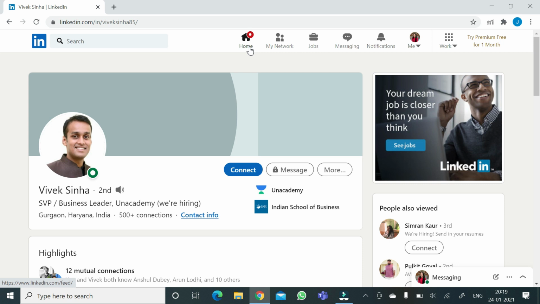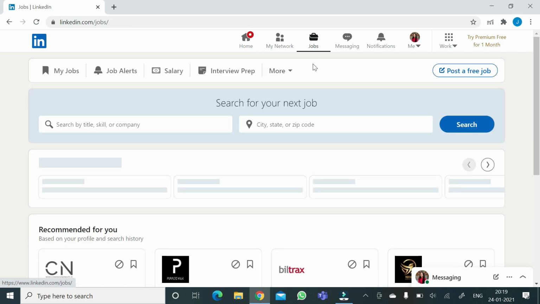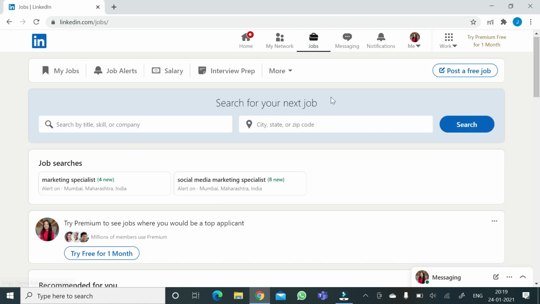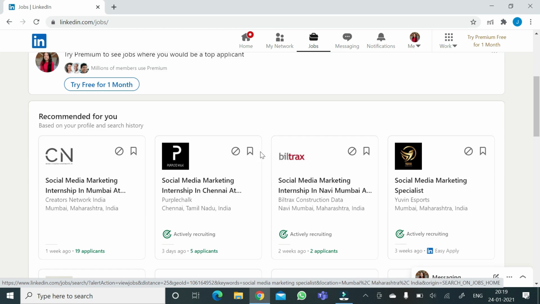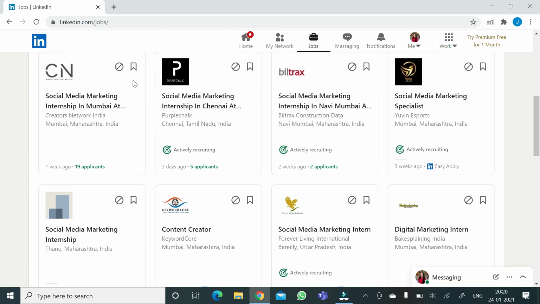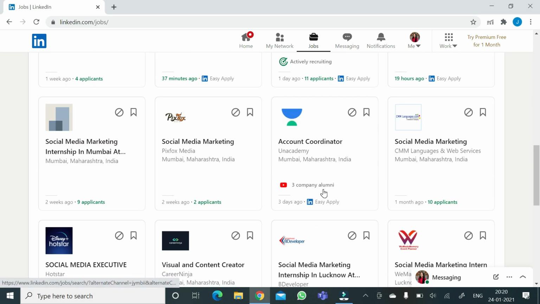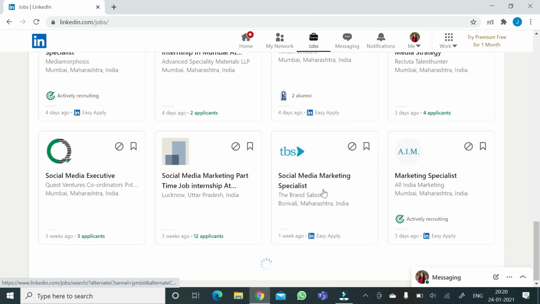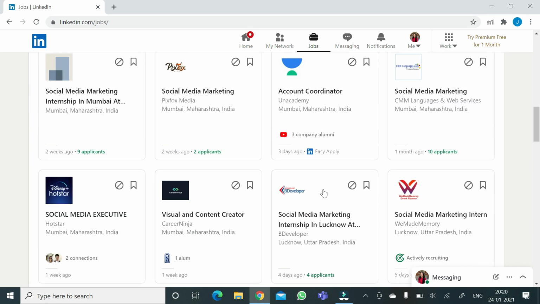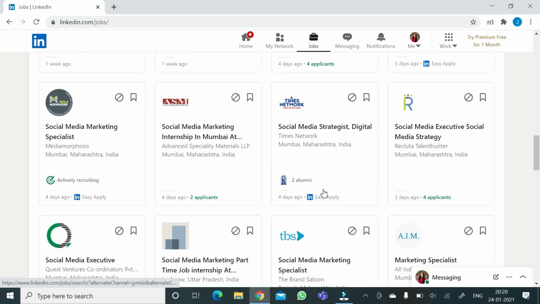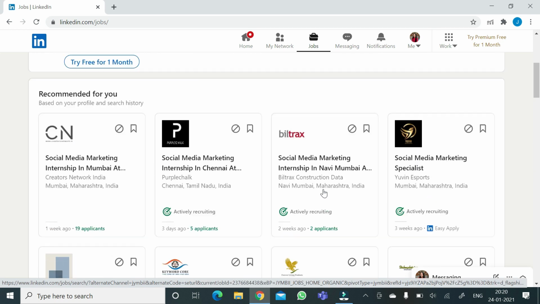There's another option that is incoming. So you get these jobs listed over here in this job portal. Like my searches and my niche is marketing, so social media marketing. So I have got all these internships and job recommendations from different companies over here. So I can apply in any of these or whichever is suitable according to my time and location. So this is incoming jobs and internship offers that you get.